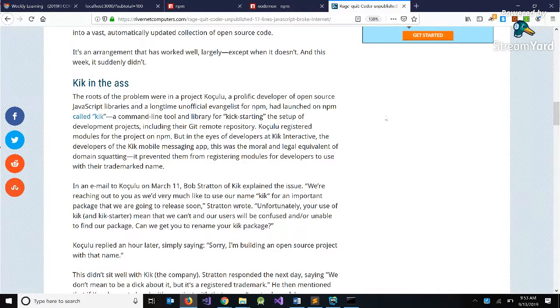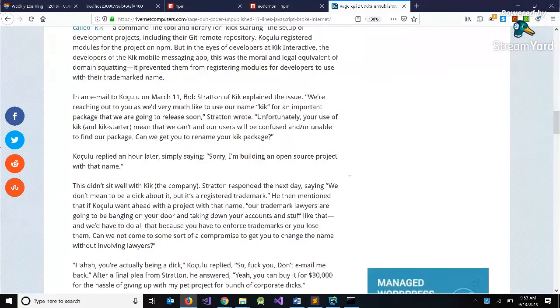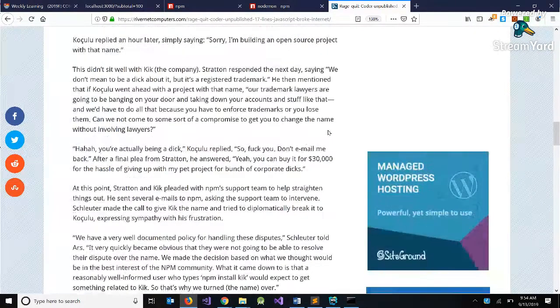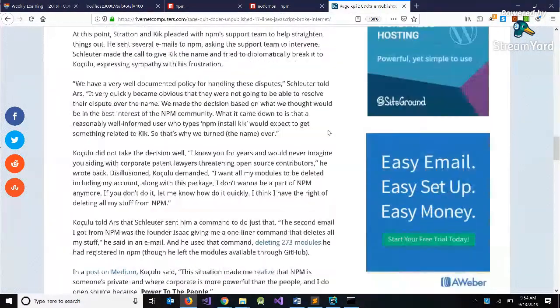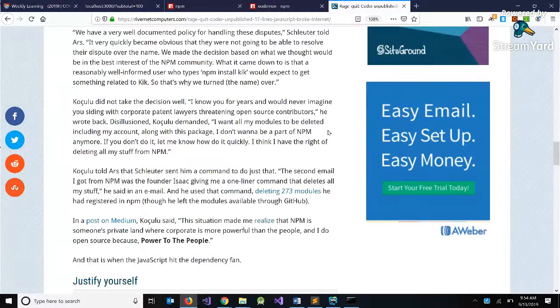The problem was there's a development company with the same name, Kick Interactive, and they had a mobile app, and they trademarked the name. And they said to the developer, we own the name. You cannot publish an NPM package with the name Kick. He said, my package is open source. So anyway, they got into a bit of a pissing contest. And eventually, he wound up deleting